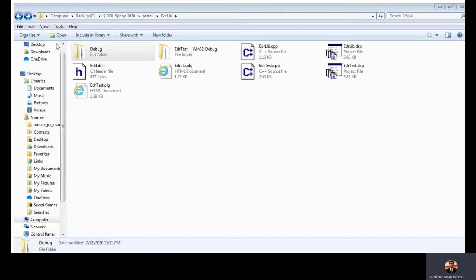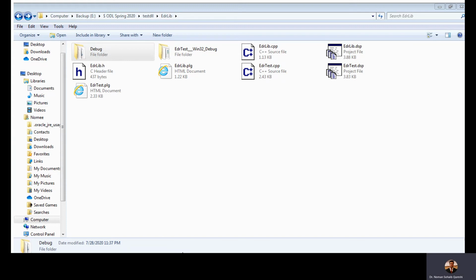So we will solve the dependencies now. Let's go to project dependencies. So edr, you see here the project dependency is selected in reverse order by default. So we have to make it correct. Lib does not depend on edrtest. The edrtest process depends on edrlib. We go to edrtest, it depends on edrlib. Now we click rebuild all. Everything is clear. Okay.